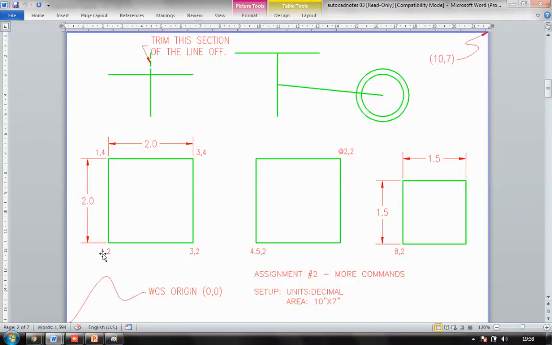This coordinate is 1, comma 2. That means it is 10, comma 20. This is 3, comma 2, so it is 30, comma 20. This is 3, comma 4, that is 30, comma 40. This is again 1, comma 4, because it is starting only. So it becomes 10, comma 40. Let's try this out.